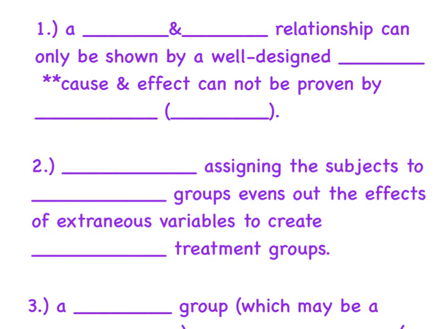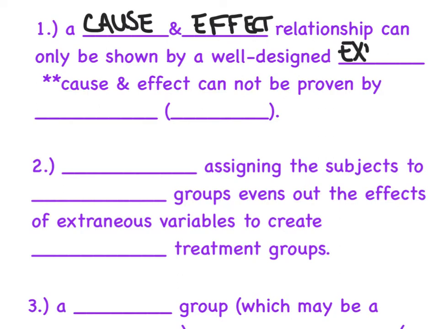So a few guidelines to go by, and first and foremost, a cause and effect relationship can only be shown by a well-designed experiment. Now, what we're trying to stress here is that it's only an experiment that can determine cause and effect. A cause and effect cannot be proven by an observation,